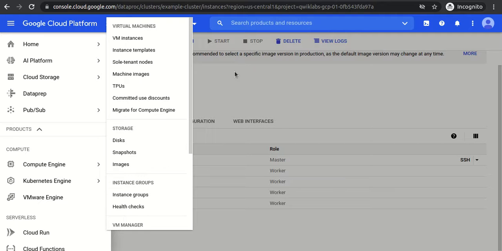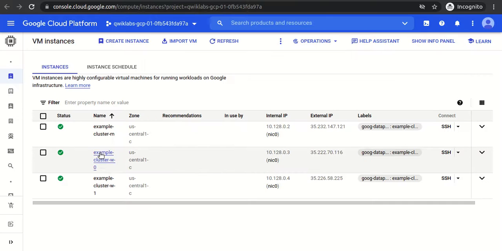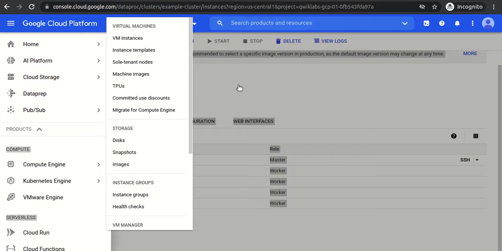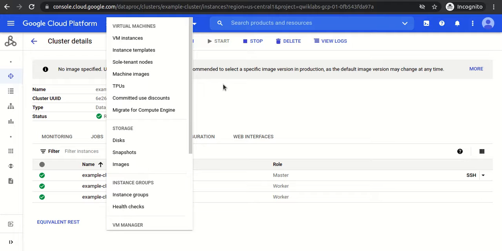What happened? My system got hung. Let's wait for a few minutes. Basically, we already see in the VM instances that rather than 4 virtual machines, we see just 2 worker nodes and one master node. Here also you could see the 2 worker nodes are automatically gone.